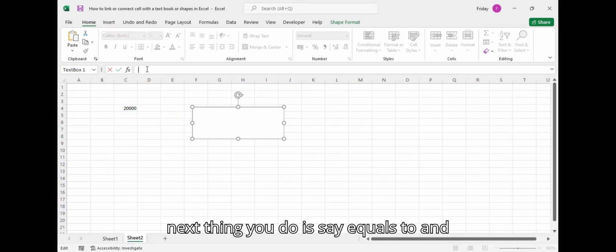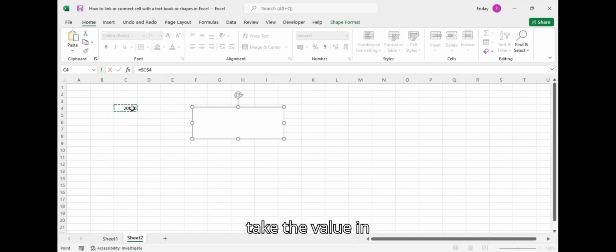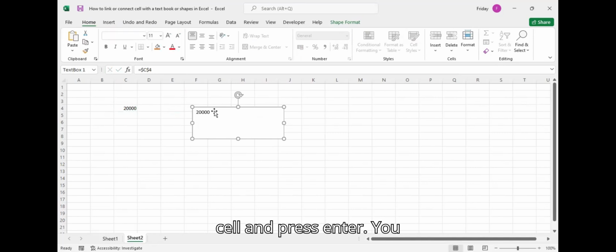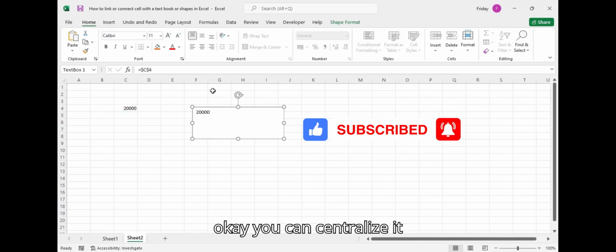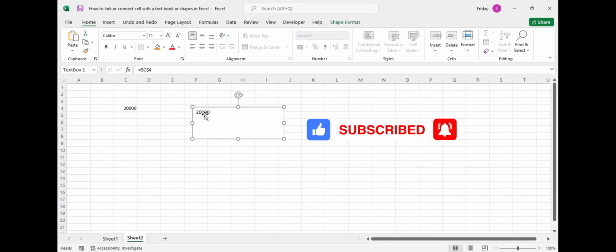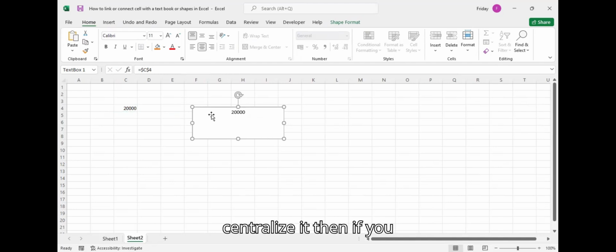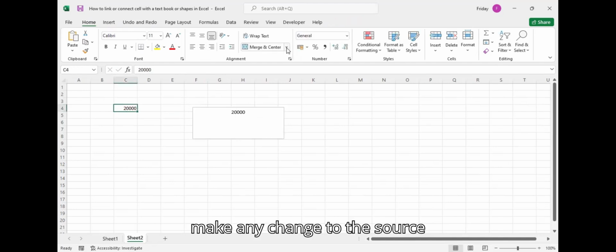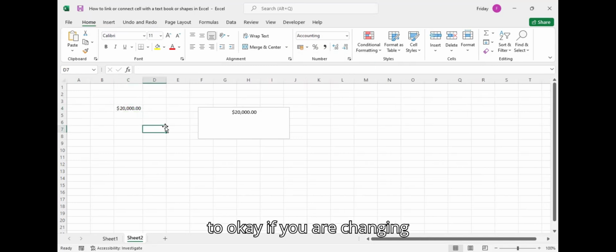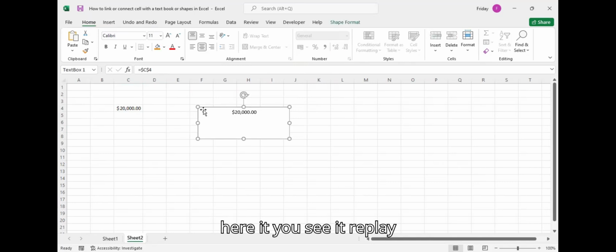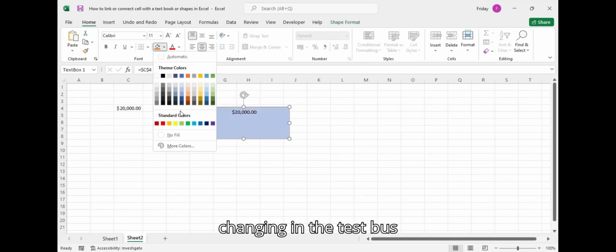The next thing you do is say equals to, take the value in the cell, and press enter. You see the value will appear here. Okay, you can centralize it. Then if you make any change to the source, like you come and change it, if you are changing here, you see it changing in the